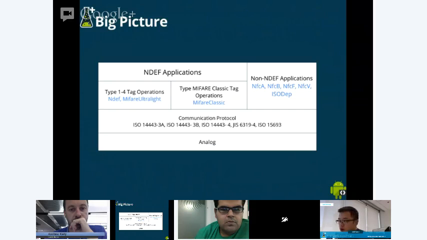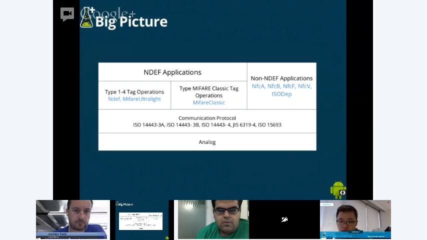One is using the standard NDEF message format, and within that you have the NFC Forum standard type 1 to type 4 tags, and also the MIFARE Classic tag. The stuff in blue is the Android classes we have implemented for those particular types of tag.